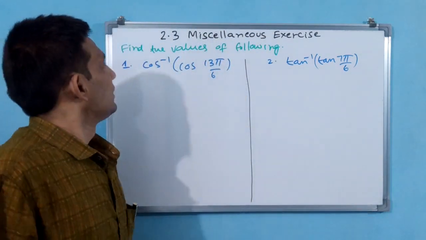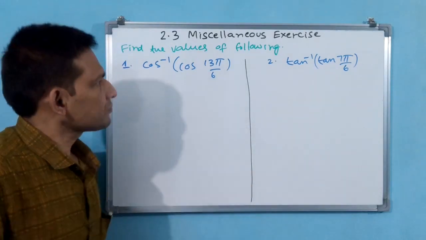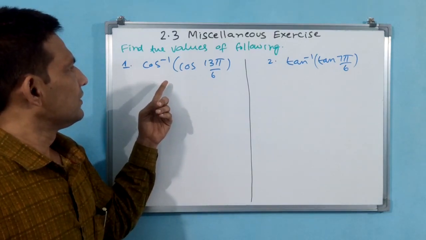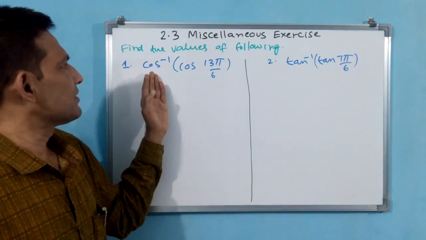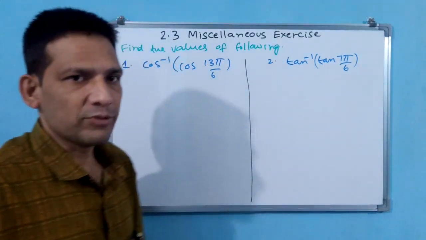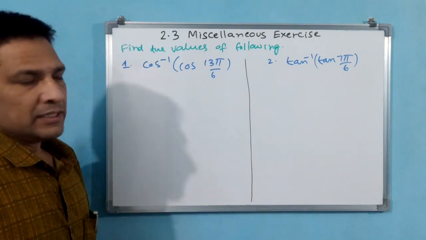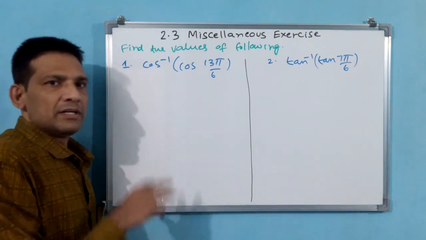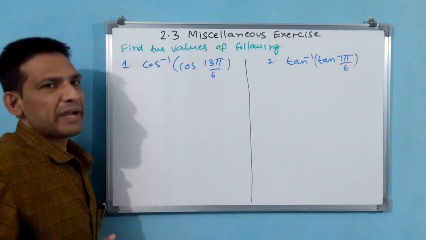Okay. First question you see, find the values of the following. First and second question, values we have to find. I think angles are going to come. You see why? Because cos inverse cos is going to get cancelled and only the angle is going to come. Tan inverse tan is going to get cancelled. Okay. You see, always I try to tell, this can be done with a circle diagram only, but the principal value we have to take. Rather than drawing, first let us try directly the principal value in our mind.